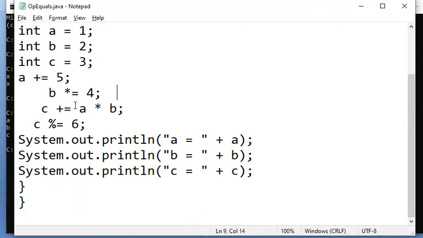So C plus equal to A into B. I think A into B is 6 here.